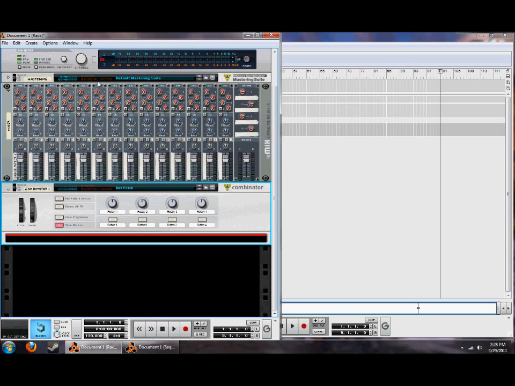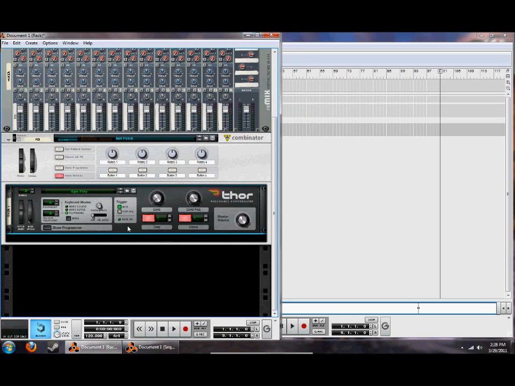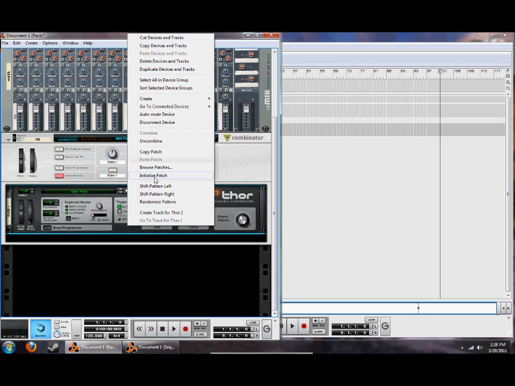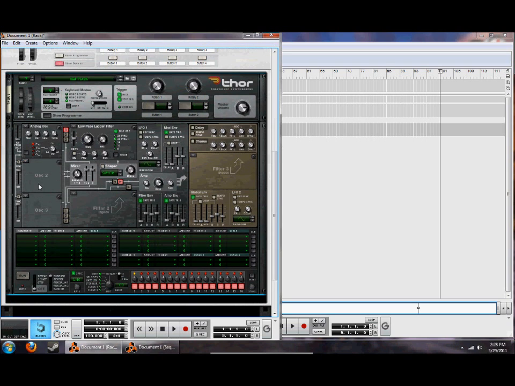We've already got the mastering suite here and the mixer, so we don't have to do anything with those. Name it Yoi or Bass or whatever you want to, really. Right click inside of it, create Thor Polysonic Synthesizer. So we're going to initialize the patch, click Show Programmer to open it up, and okay, we're going to